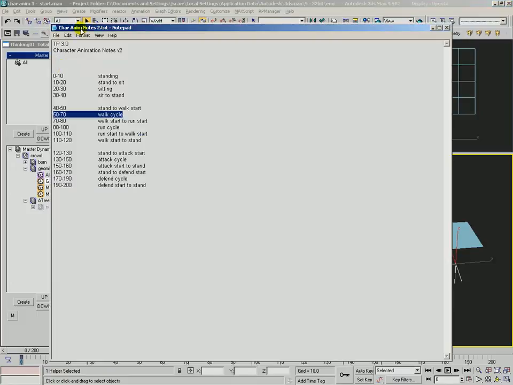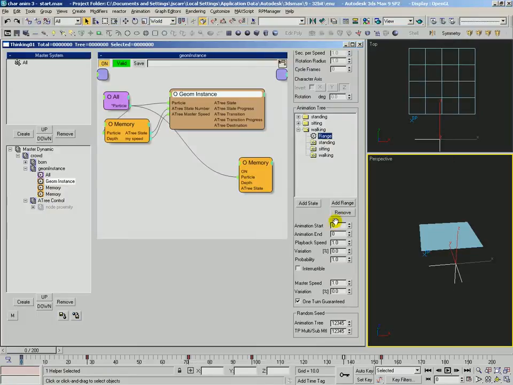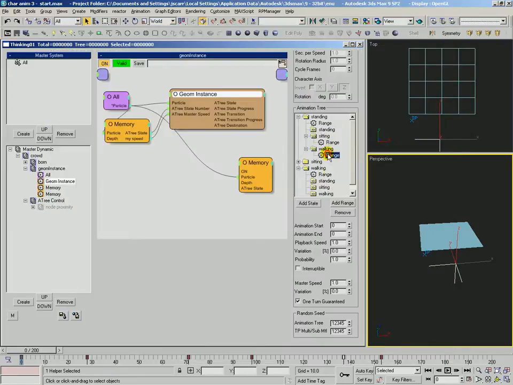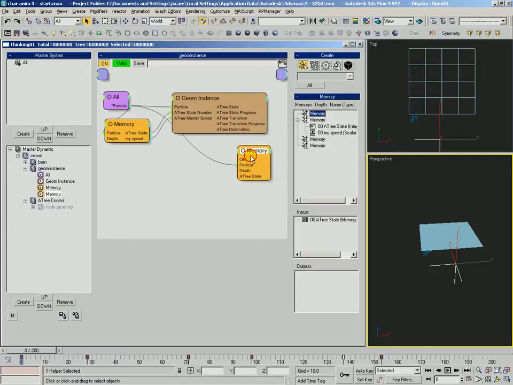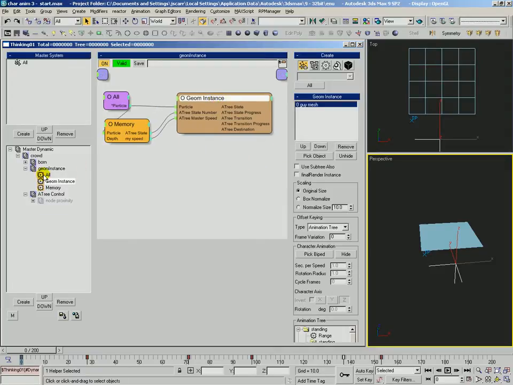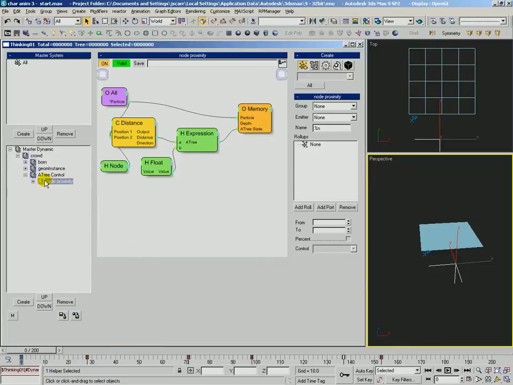And remember, this is the character animation nodes 2. So 50 to 70, and let's take a look. We're going to need a transition for standing to walking. We're going to add that range. Let's take a look at our notes here. So standing to walking would be 40 to 50. So we'll do 40 to 50. Okay. And this memory right here doesn't really play a use for us, so we're going to remove it. What we're going to do, though, is come into this A-tree control,